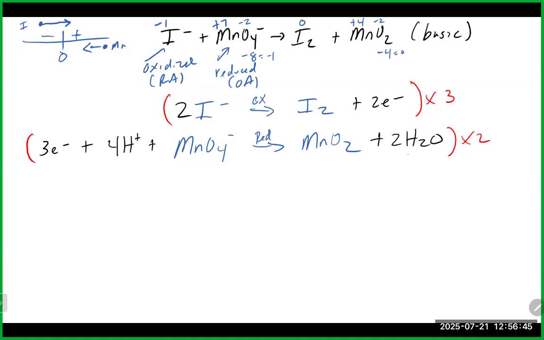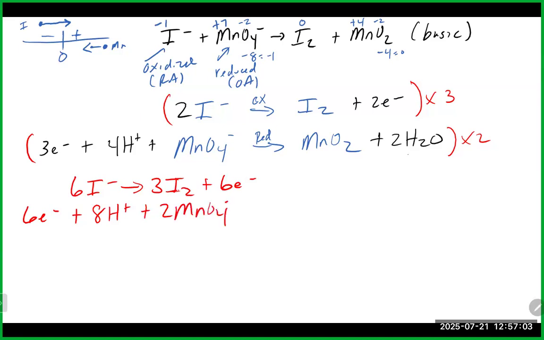We're multiplying everybody by those numbers. So rewriting it gives me 6I minus goes to 3I2 plus 6 electrons. Distributing the 2 on the bottom there, 6 electrons plus 8 H pluses plus 2 MnO4 minus,